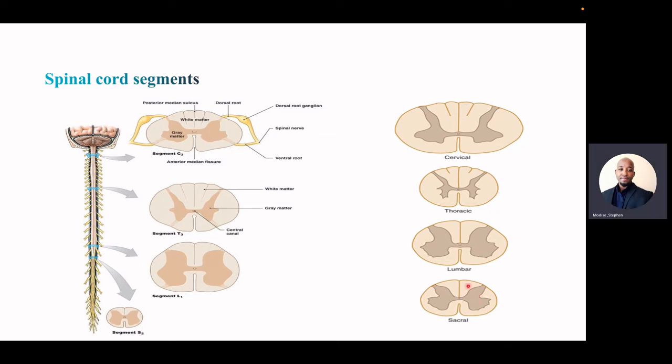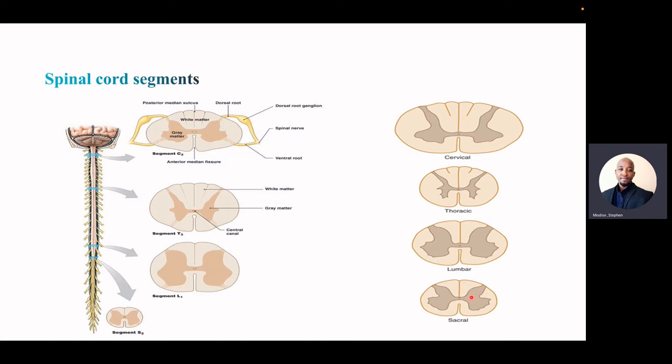So one way we can look at these and tell which section we're looking at is by looking at the gray and white matter, meaning the more white matter, you can safely hypothesize that you're looking at a cervical segment, as opposed to when you see more gray matter compared to white, which may be sacral or